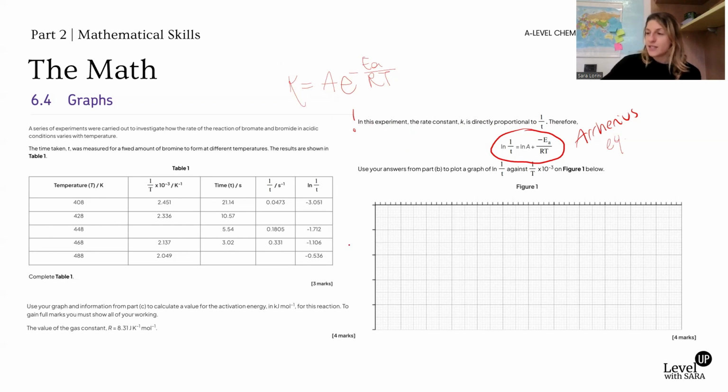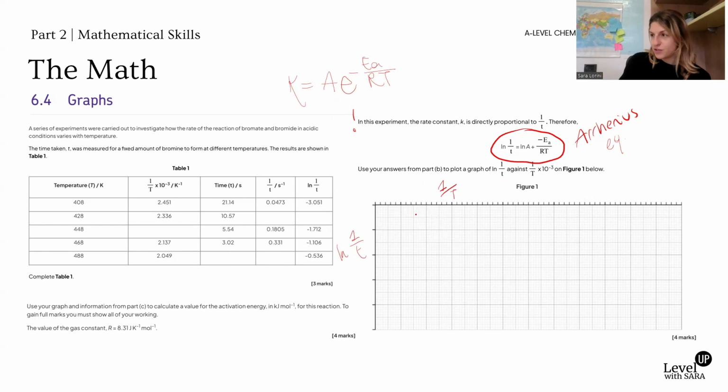Okay, so as you plot 1 over T on the x-axis and the natural logarithm of k on the y-axis,